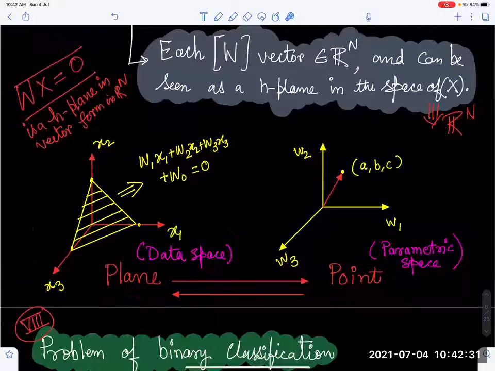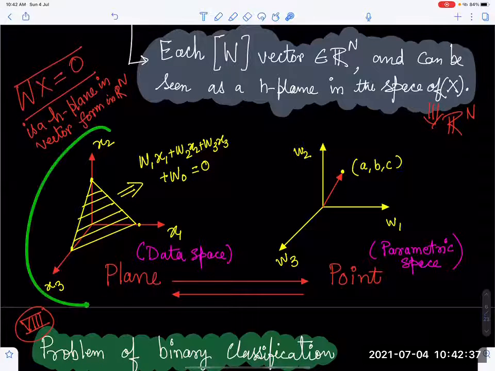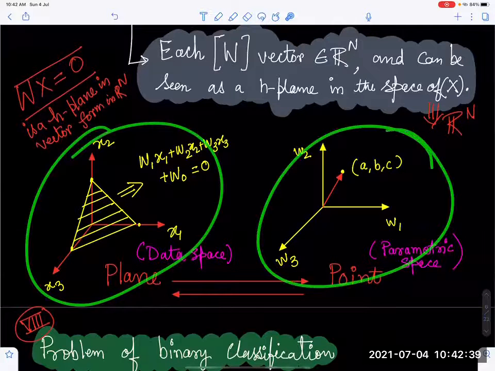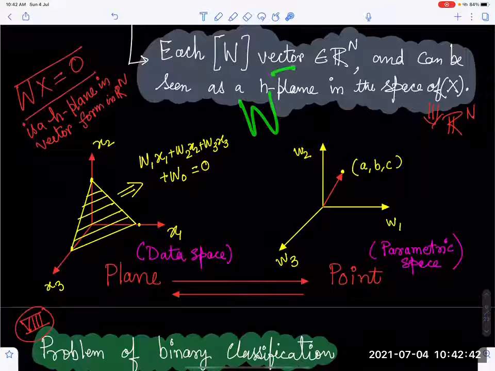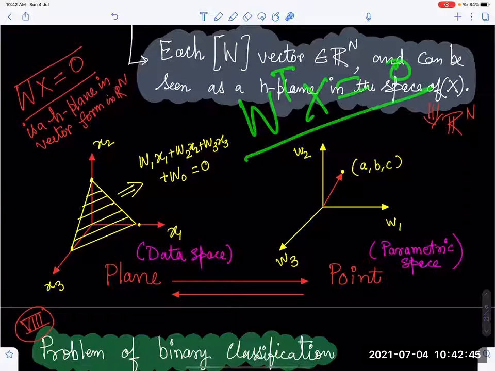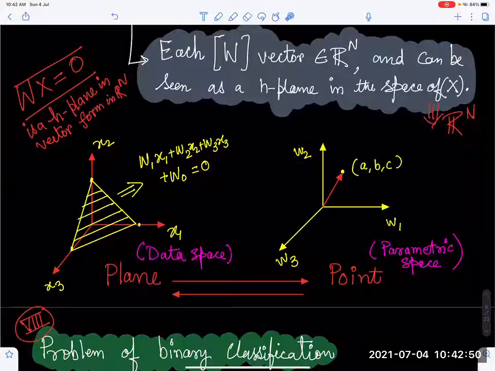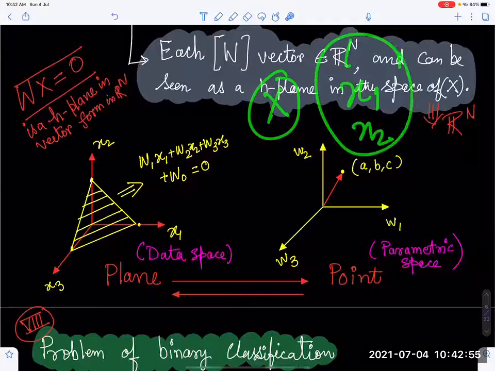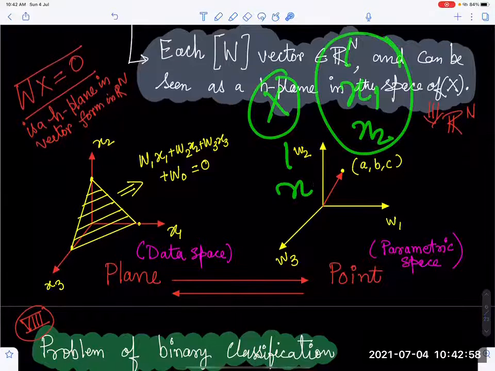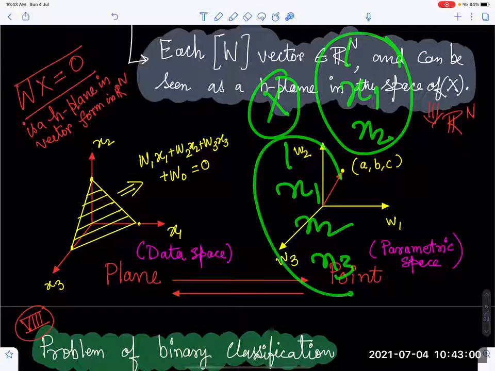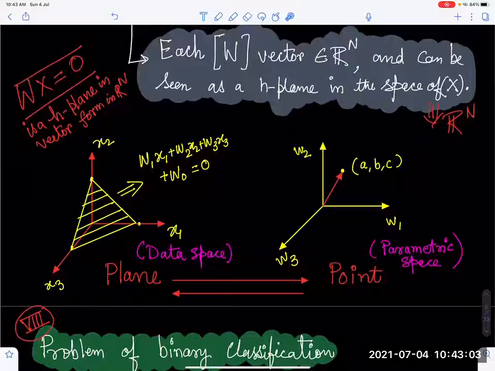This is your x1, x2, and x3 data space. So now understand that there is some data and there are some parameters, and just remember w^T x = 0 is nothing but the equation of a line. If it is 2D, where your x is 1, x1 and x2, then it's going to be a line. If it is 1, x1, x2 and x3, then it is going to be a plane. And if it is more than that, it's going to be a hyperplane. Right now we have 3 dimensions, x1, x2 and x3.